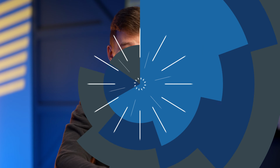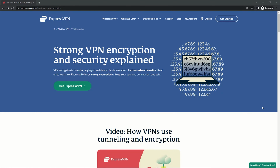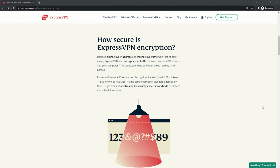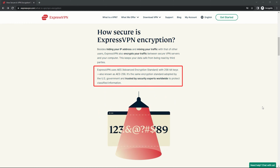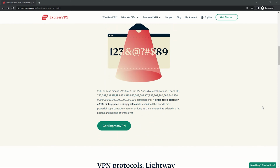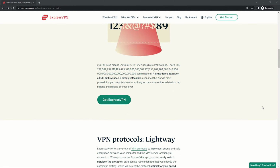Let's start by discussing ExpressVPN's security features. When it comes to VPNs, security should always be the top priority. ExpressVPN delivers on that front by using AES 256-bit encryption, which is considered the gold standard in encryption technology. This level of encryption is used by governments, militaries, and banks around the world, so you can trust that your